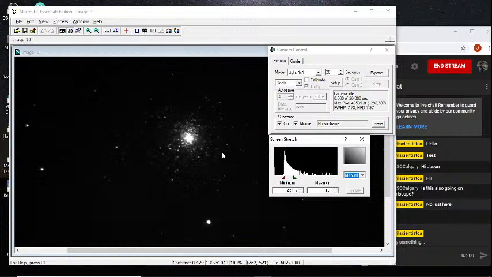There we can see more detail in the center stars here. We have a thing over here called screen stretch. The digitizer on the camera is 12 bits, but the screen is only 8 bits, so we have to squish 12 bits into 8 bits, and that's what the screen stretch is all about.